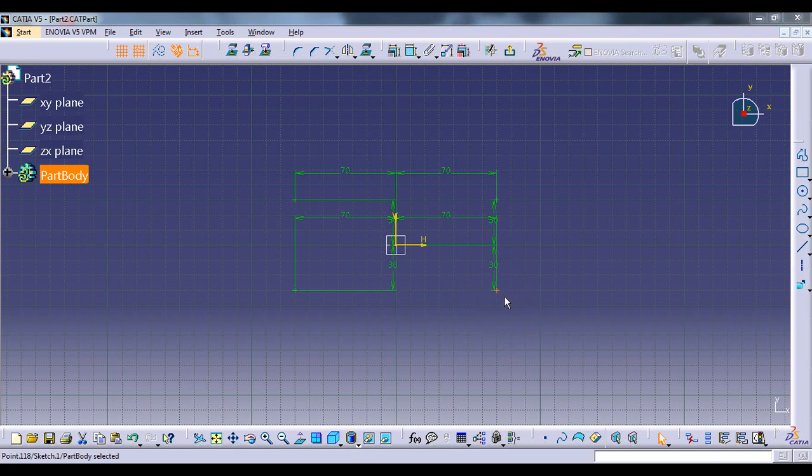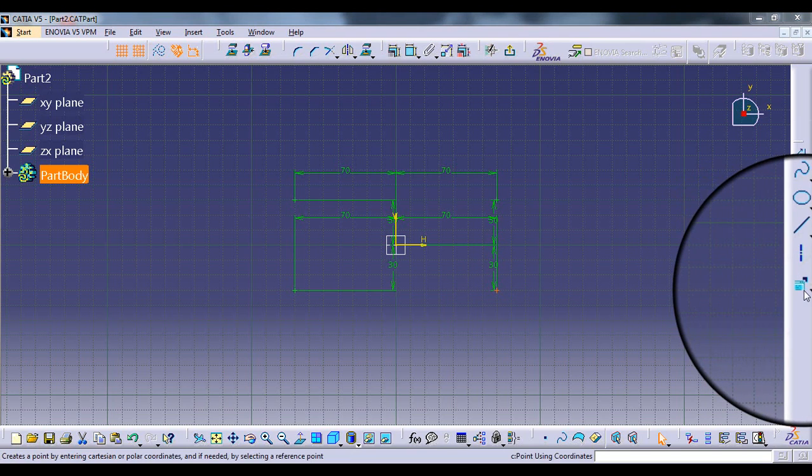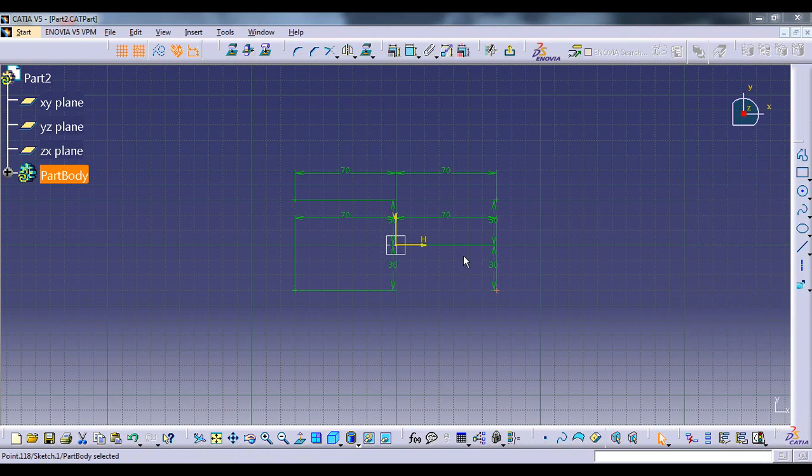So one thing that we can understand is, if we are using this command, that is point by using coordinates, then along with the distances in horizontal or vertical direction, we also need to consider if those distances are either positive or negative. So based on that, those points will be plotted in either first quadrant or second quadrant, third quadrant or fourth quadrant. So this is the only drawback of this method.